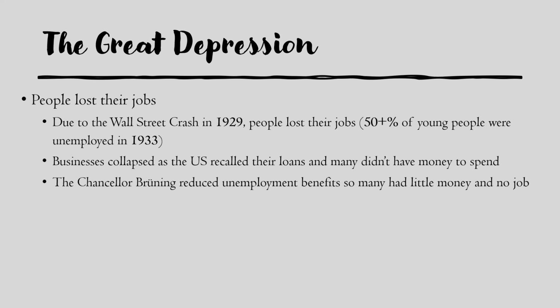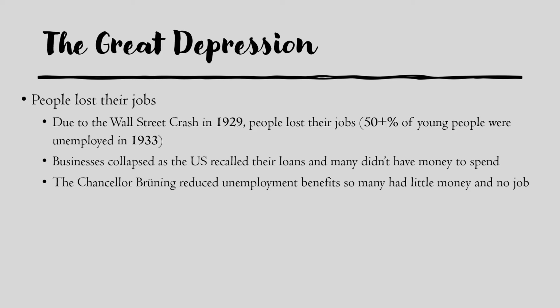The Great Depression then. So the first effect of the Great Depression was that people lost their jobs. As we saw in the last episode, the Wall Street crash happened in 1929 and people lost their jobs. Over 50% of young people were unemployed in 1933. Businesses collapsed because the US recalled those $800 million loans, and the German banks recalled the loans that they'd given